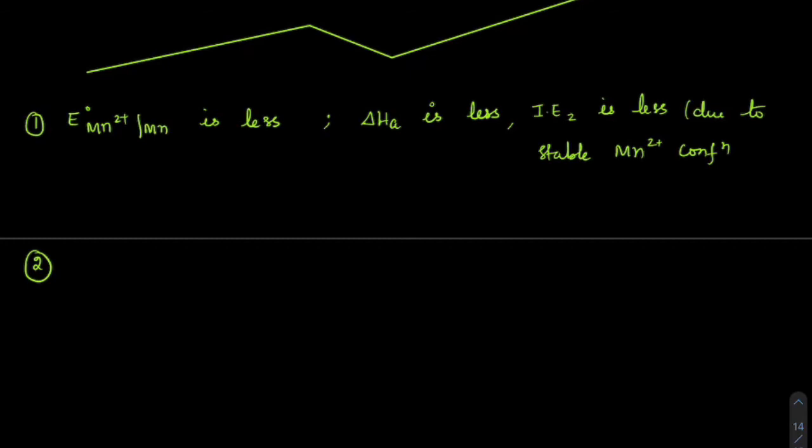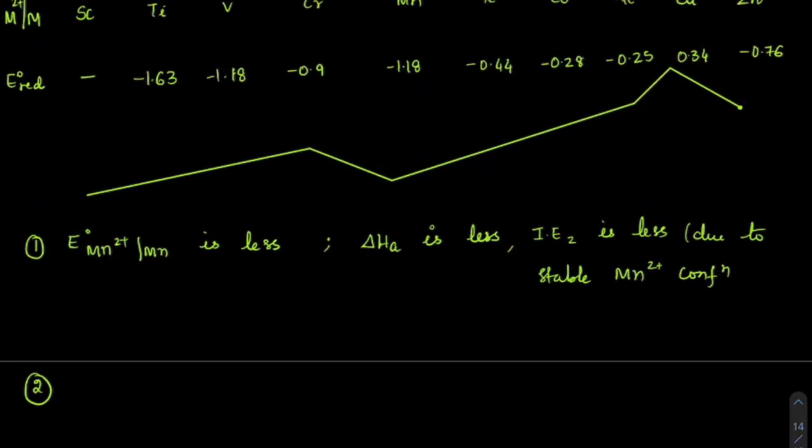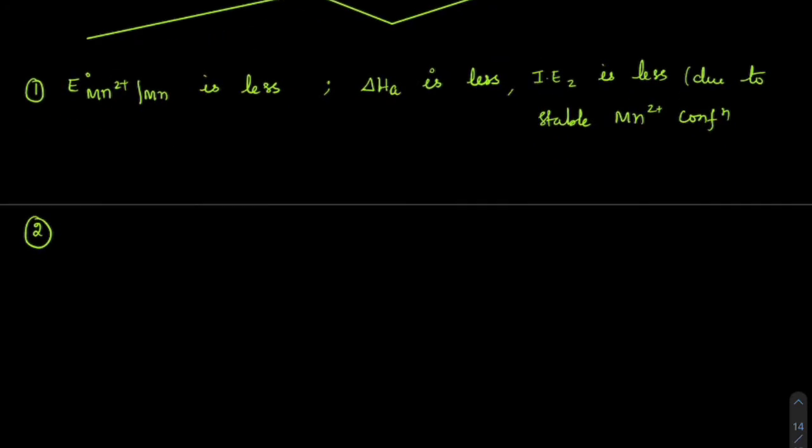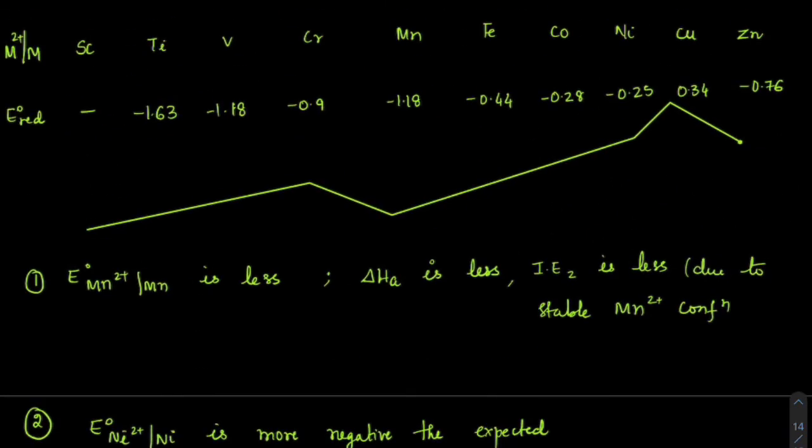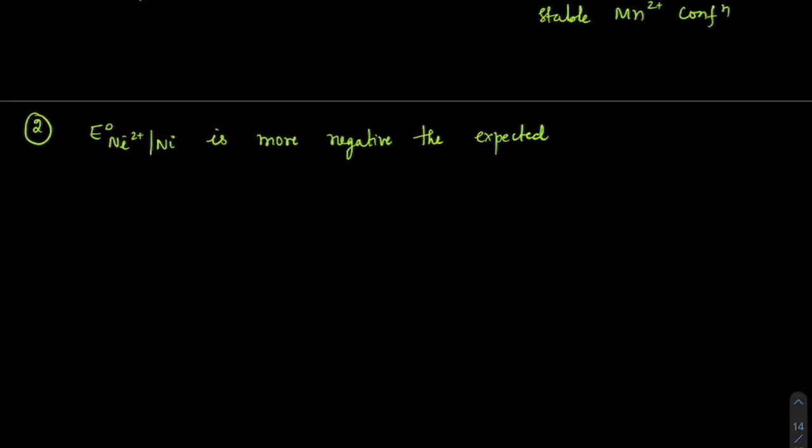Second thing you can observe from this is how nickel is behaving. Okay, so if you check E naught Ni+2 to Ni solid, it is more negative than expected. The reason is that copper is increasing, so we are expecting, if you check these values here, minus 0.44 to minus 0.2, almost 0.2 increase, but here there is only 0.03 increase, so that's quite less. It is not as much as expected.